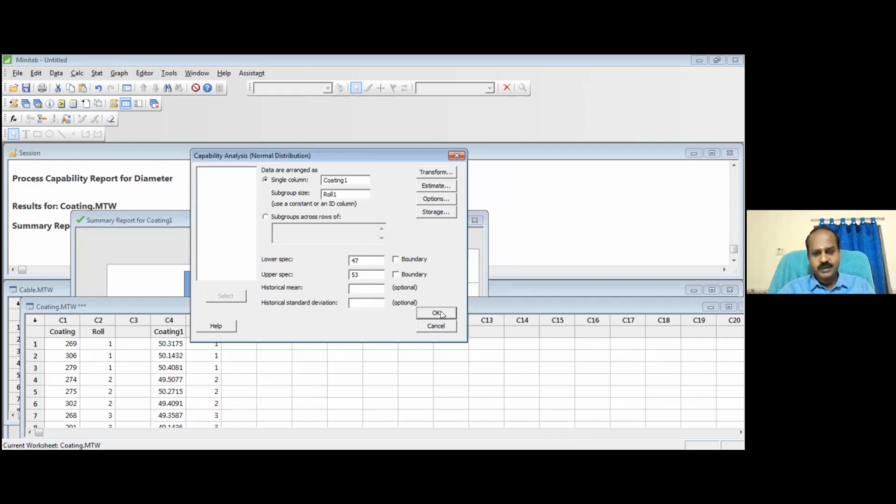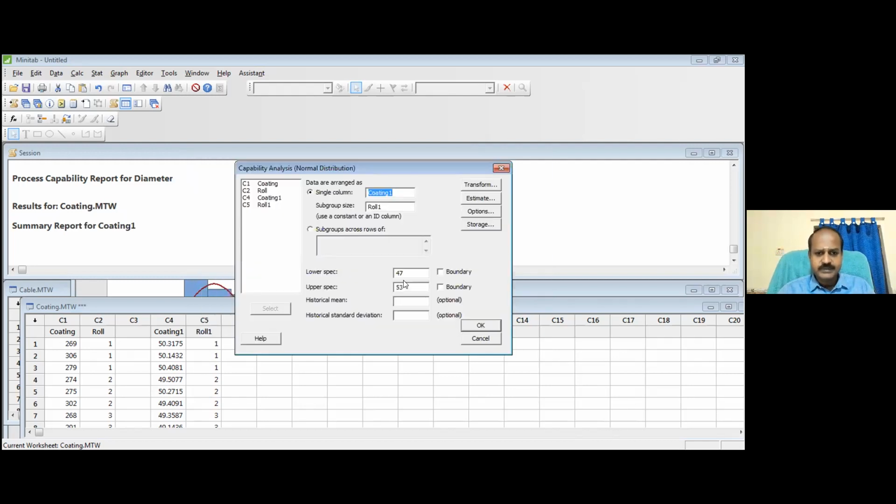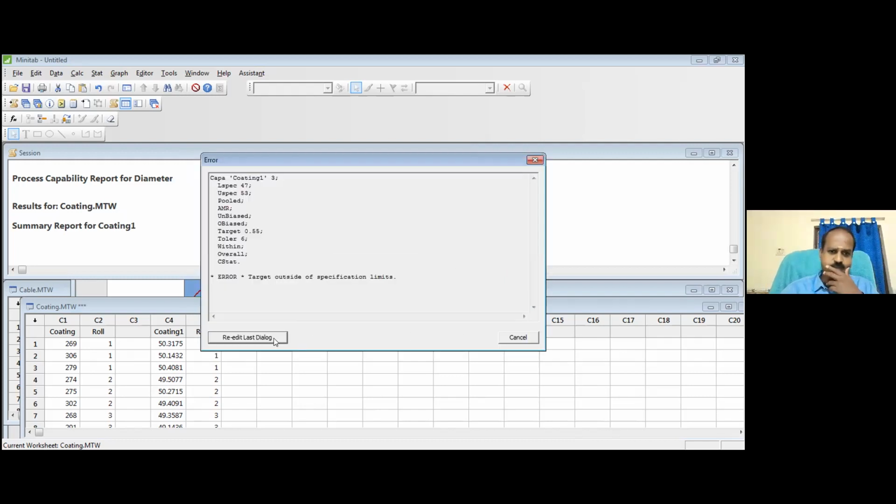Now I give OK. Oh, what happened? Re-edit. I think I have changed the target. Maybe go to Options and set the target. Okay, wait. What is our subgroup size? 3, right? Yes, 3. Let me type subgroup size 3. I give OK now. Again, it's a problem.